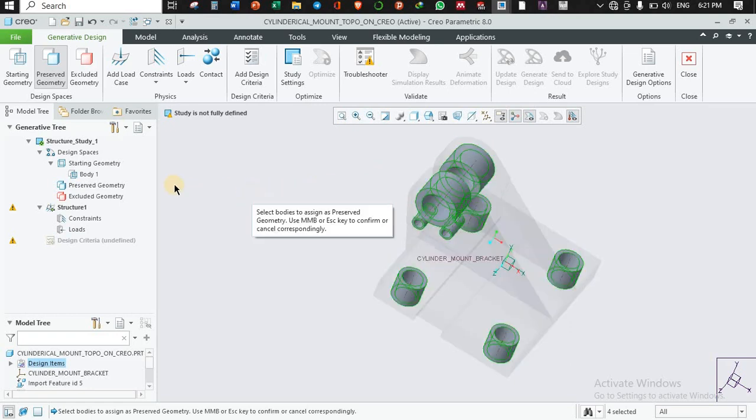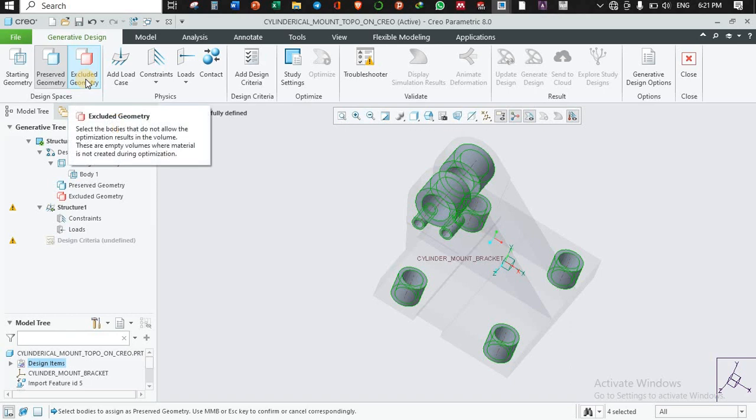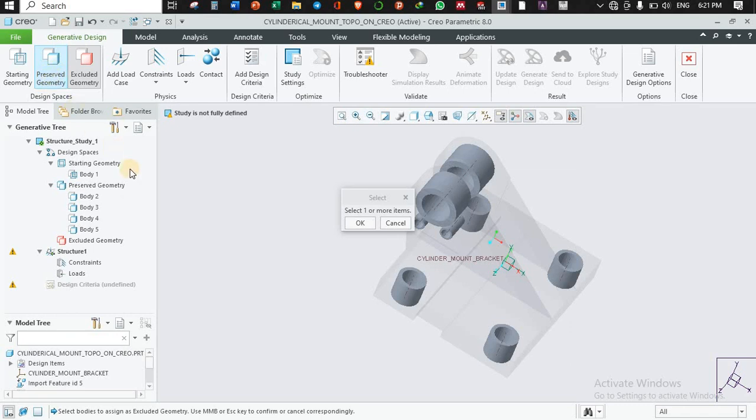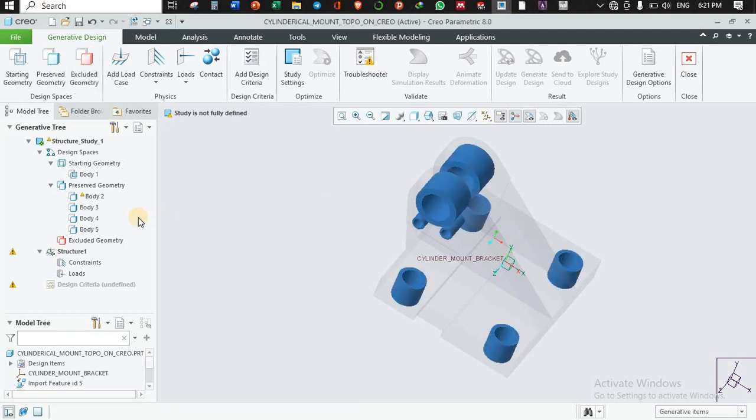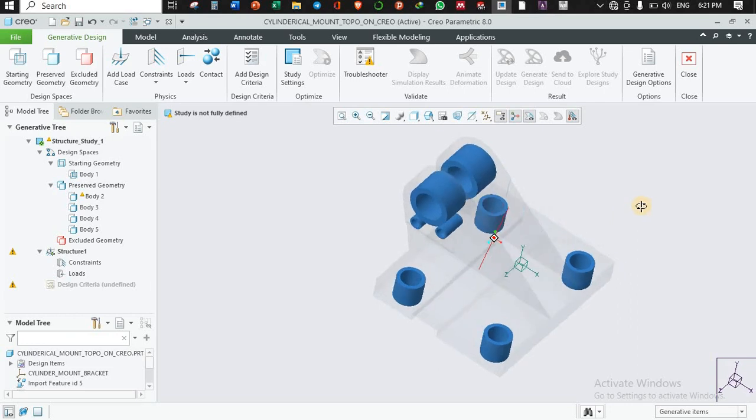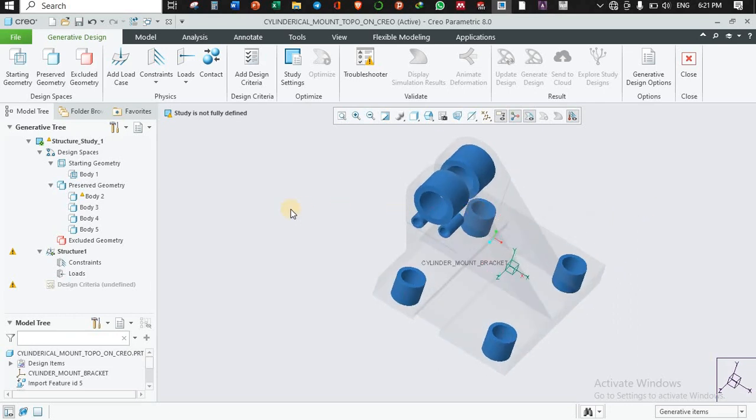Okay, then now it is selected, and directly go to exclude geometry. When you hit this one, it accepts the change that we provided for the first one. So bodies 2, 3, 4, 5 are selected as the preserved geometry. Okay, we finished the